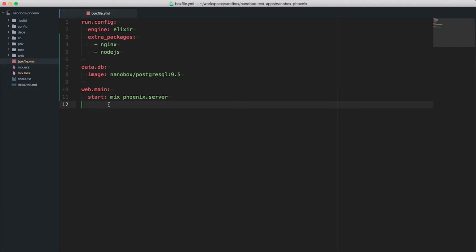I wanted to show how easy it is to deploy an application to production using Nanobox. I have a Phoenix application here that I am done developing and I'm ready to take live. Nanobox will use the same configuration file that it used when creating my local development environment to provision my production